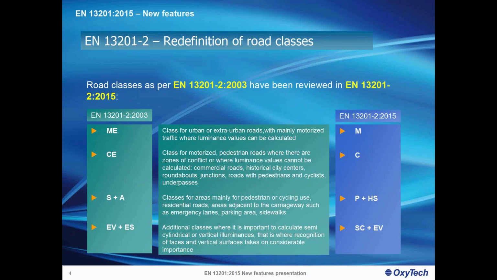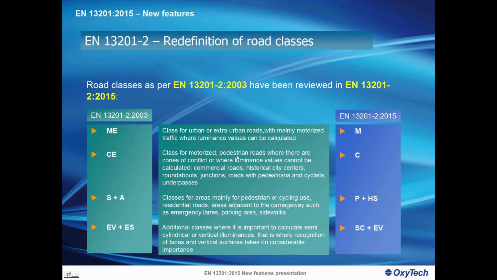As we know, the lighting classes in the previous standard were ME, related to urban or extra-urban roads with mainly motorized traffic where luminance values can be calculated. And this is a main point, because it is the difference characterizing the two classes ME and CE,